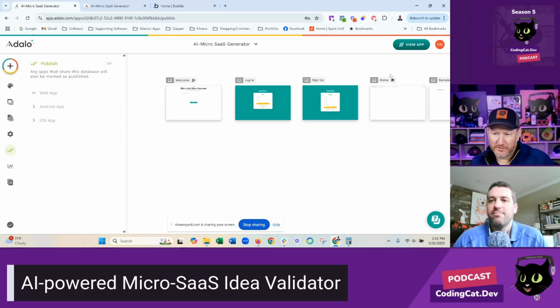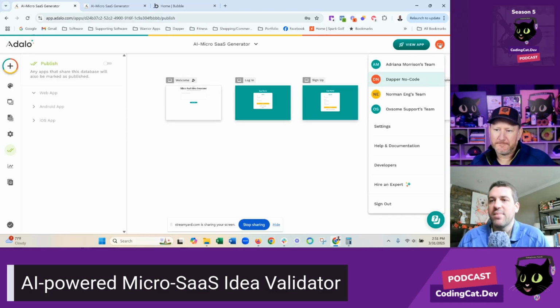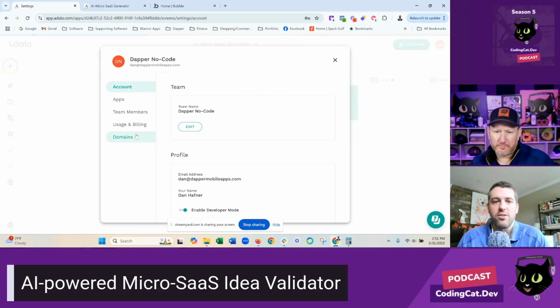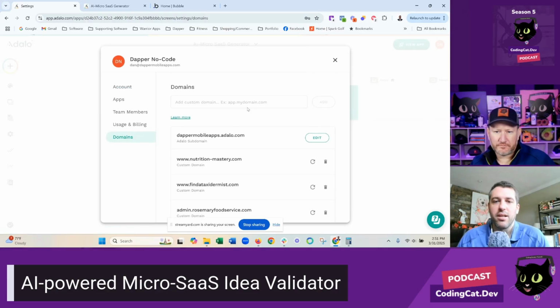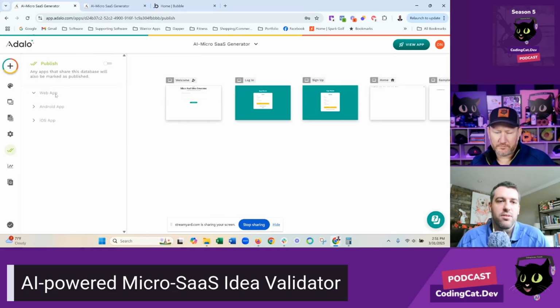Does Adalo, if I have domain names and stuff like that, let you CNAME over to them, or what does something like that look like? Yep. You come in here to settings and you have domains down here. Then you just add a CNAME and publish it. You can say whatever domain you want to tie it to, and off you go, you publish your web app, and you're good to go.